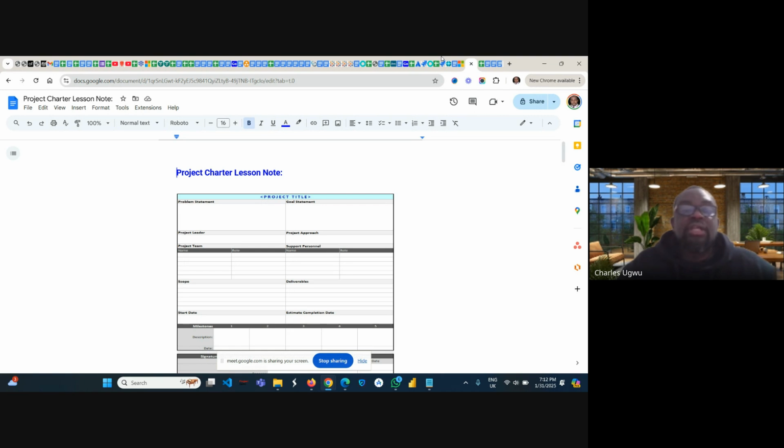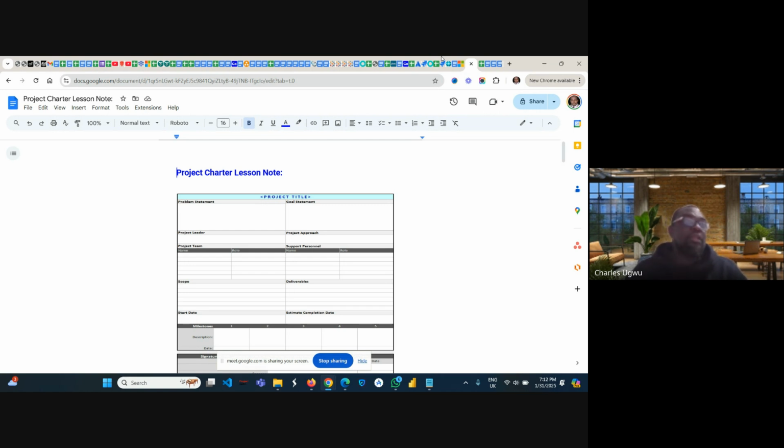So, the benefits of using a project charter: it ensures a clear understanding of project goals and scope before the project begins, provides a formal approval process establishing stakeholder commitment, and acts as a reference document for solving disputes or clarity in the project. This is very, very important. For instance,